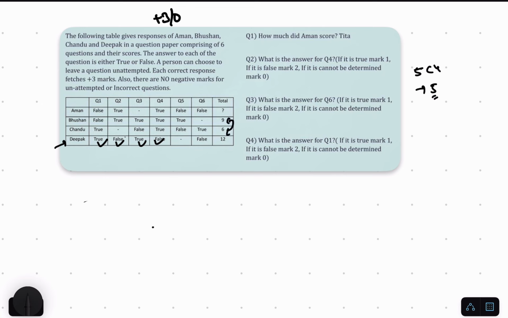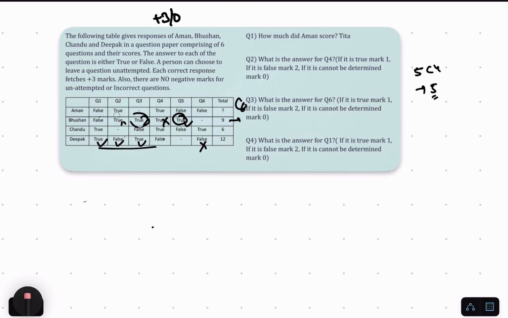In the case it satisfies for others as well, we'll go for it. Like first we have taken 1 2 3 4 as correct. Now look for the second highest person, who is this person? Bhushan. Look for him only. This is true. If true is correct, this is wrong, this is false is correct, so this is wrong, again this is true, so this is correct, this is false, so this is wrong, this is false, we don't know. Now his marks are 9, so 3 of his attempts need to be correct out of these 5, but we can see that only this attempt is correct, and at most this will be correct. Then his score will be 6. So this case of first 4 being correct is not possible.